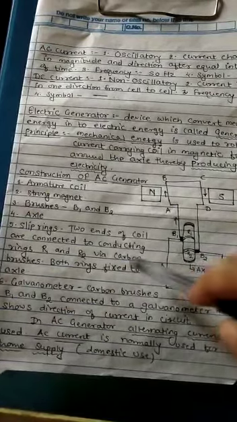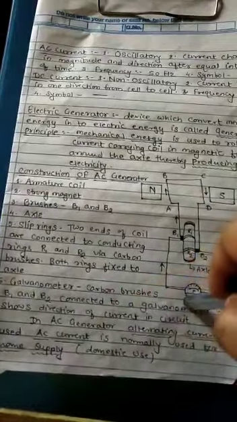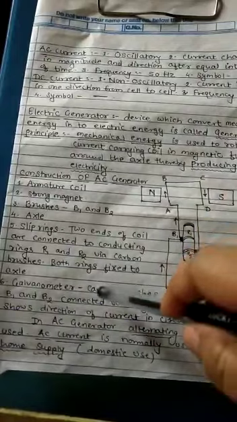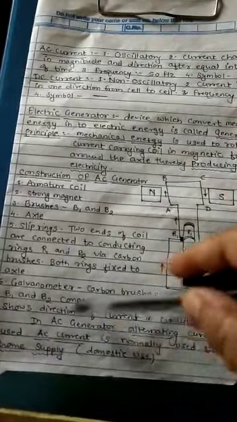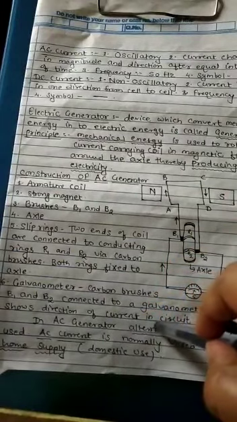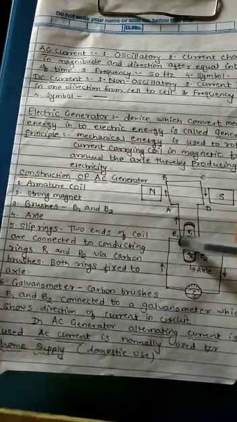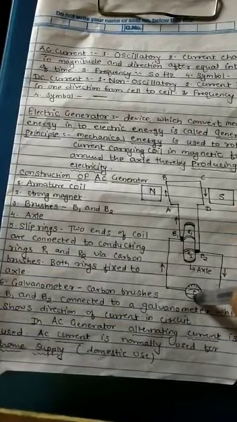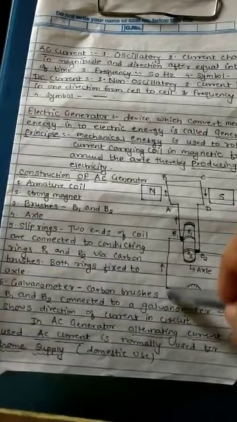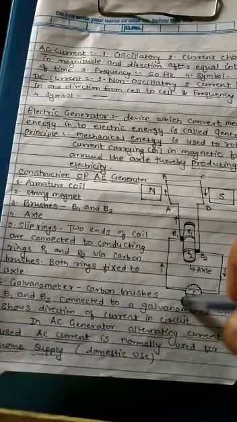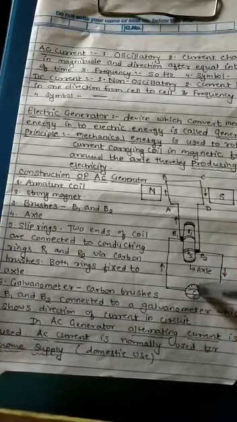Next, the galvanometer. See here, the galvanometer is attached to complete this circuit. Carbon brushes B1, B2 are connected to the galvanometer, which shows the direction of current in a circuit. See, these B1 and B2 carbon brushes are connected to this galvanometer. By this galvanometer, we can show the direction of current in a circuit.